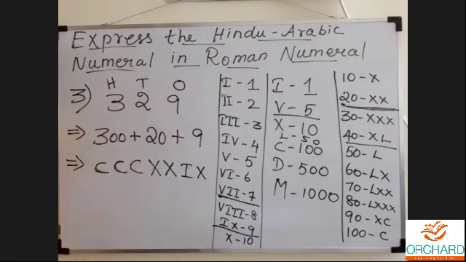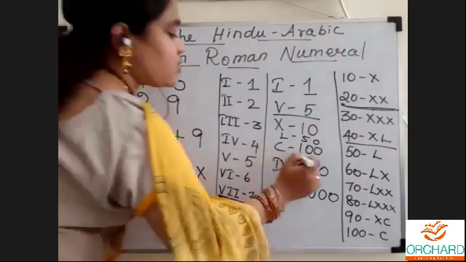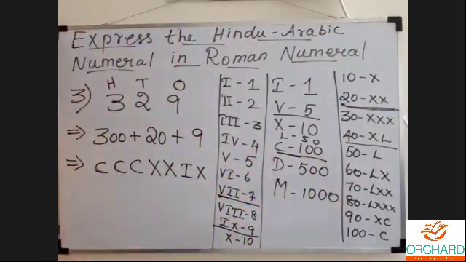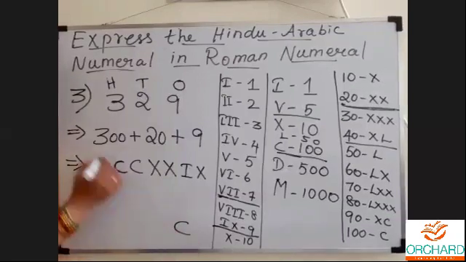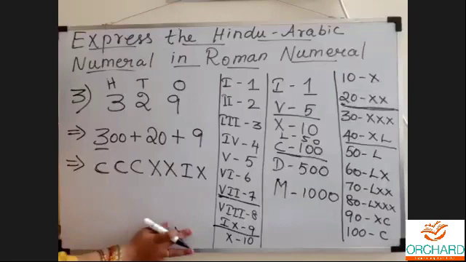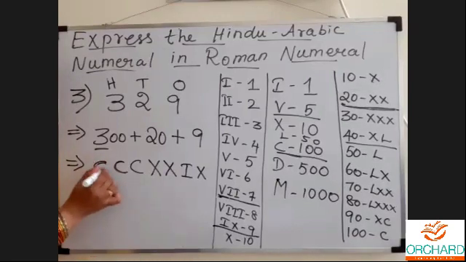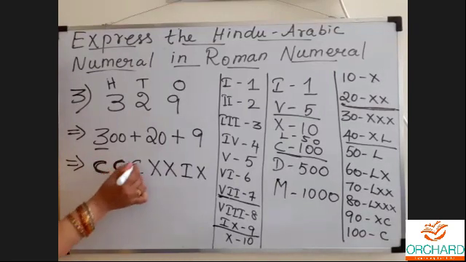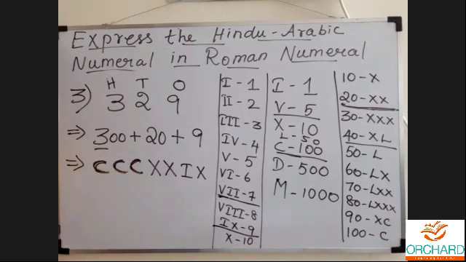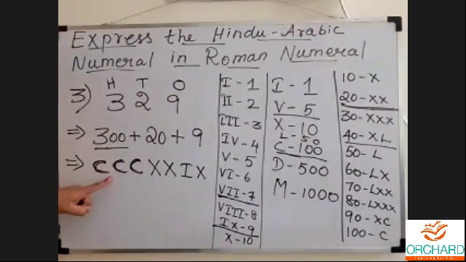Okay, now after that, what we have to do? We have to express this in Roman numeral. Now how can we express 100? 100 can be expressed as C. But here it is given as 300. 300 means we have to write 3 times C. That is 100, 200, 300. For 100, it's C. Here 300 is given, there means we have to write 100, 200, 300. That is C, C, C.